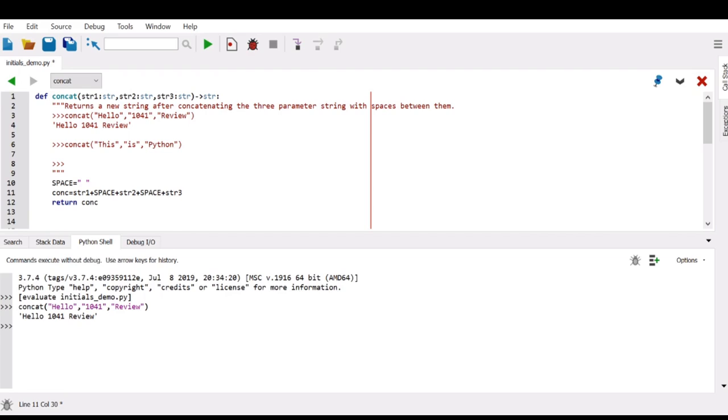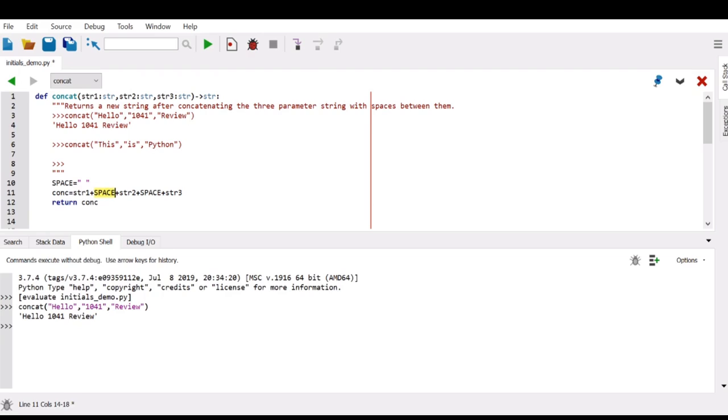Third way, and this would only be making things more complex compared to what we have to do here, is you can use loops, or you can use a while loop and say every time you have added a string, you add a space to the conc. So it's just complicating things because we just have 3 strings, but yes, there's a lot of variations to do that. You can have your space as a constant.